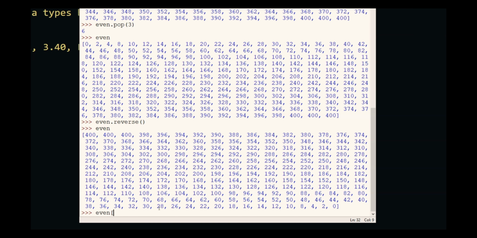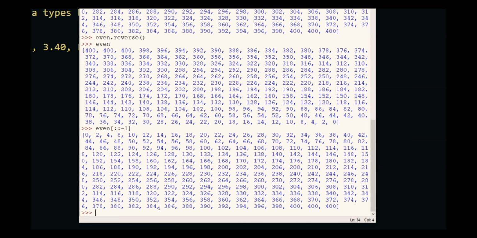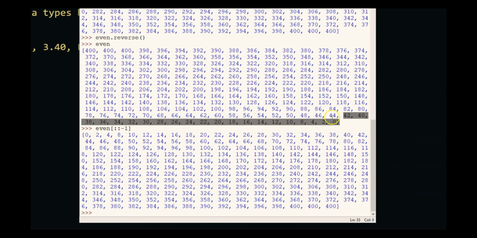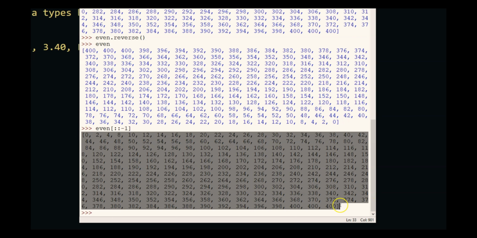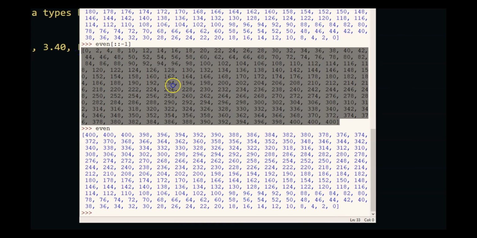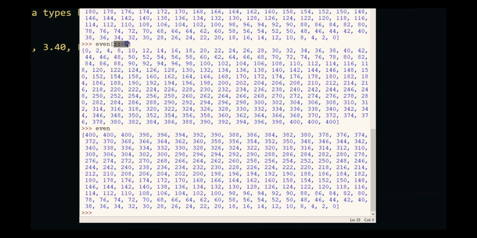And if I just want to print it but not reverse it, I can do something like this, where it has printed out the list in a reversed order, but it has not changed the list to a reverse order. So now you can see the output like this. But if I do even again, you will see that it did not actually modify the list. It just printed it out. So that's the difference between reverse and printing out like this.